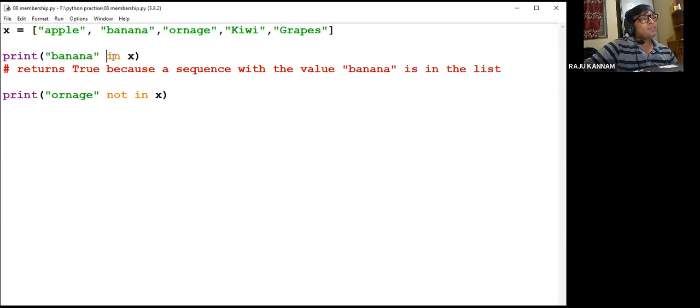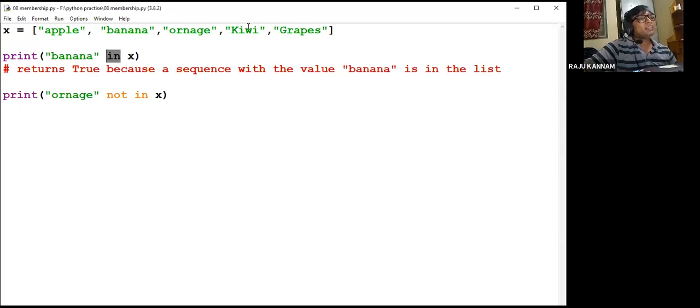For that we need to use the in operator, writing banana in X. It checks whether the given element is present in X. If it is present, it will return true. If it is not present, it will return false.